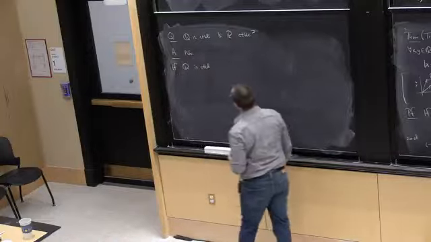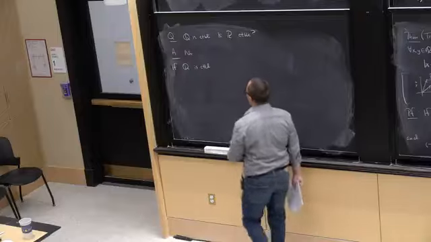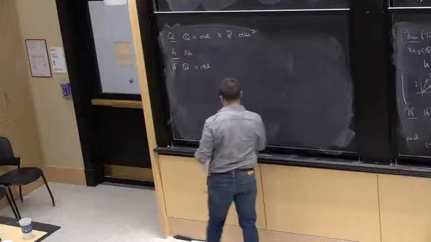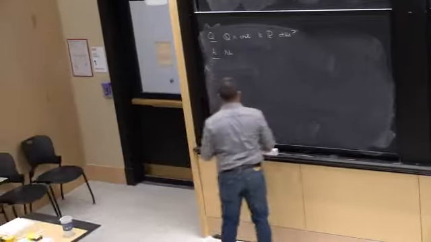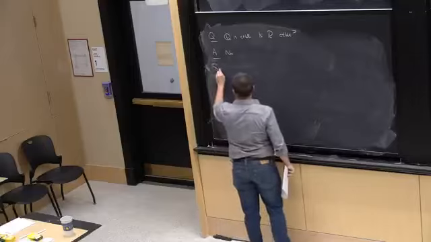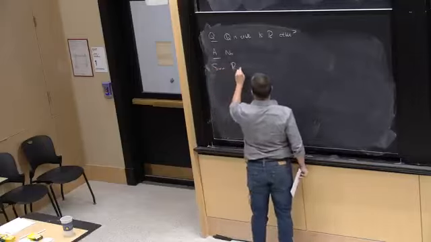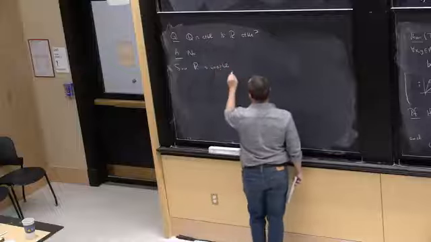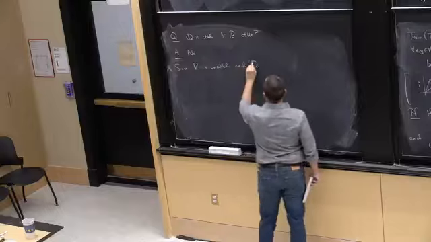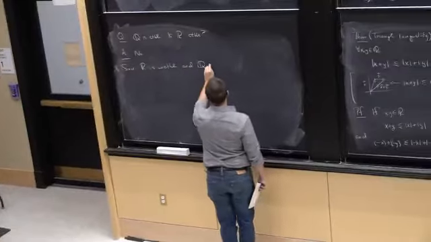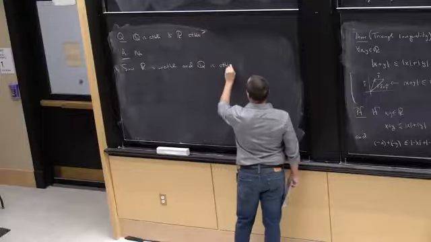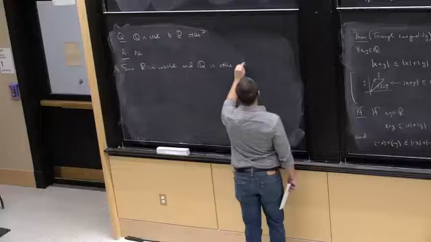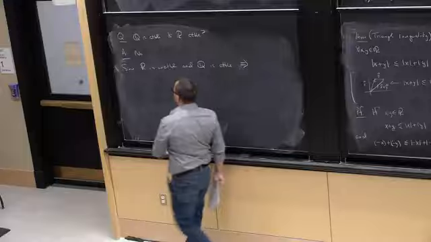I'm just going to make a remark based on this answer. Since R is uncountable and Q is countable, this implies